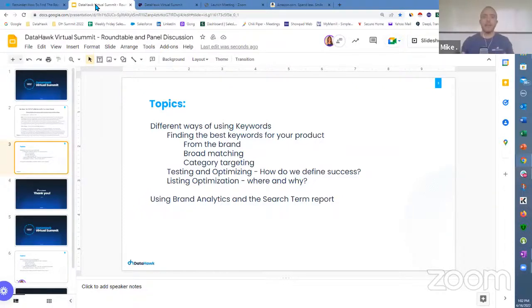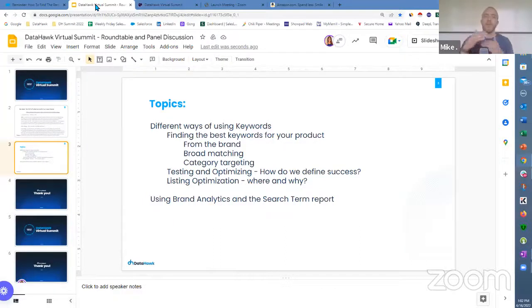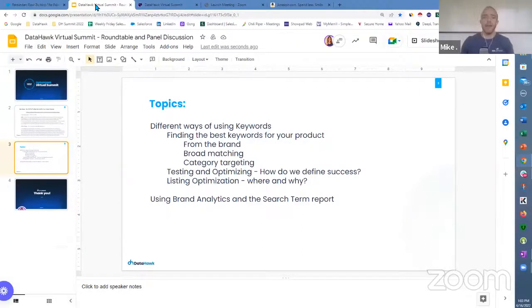The next section in terms of order of importance is bullet points. There we're going to focus on the next set of keywords that we've segmented that we want to index for, that are high traffic and important to be on the front end of our listing. From there, we move into product descriptions as the next important section. And then after that, search terms, where we'll use a lot of deduplicated terms that didn't make the cut in the first 3 sections in order of importance. But we still want to try to index for them on Amazon. They're going to go in the back end of our search term page.